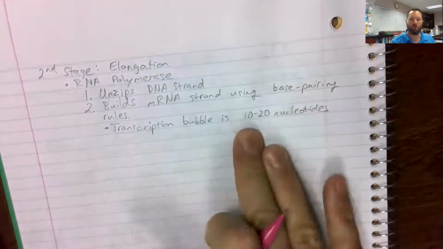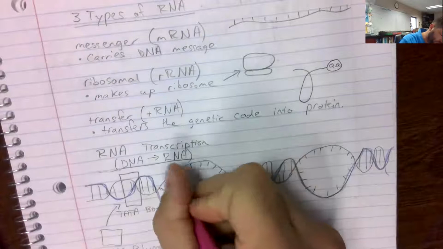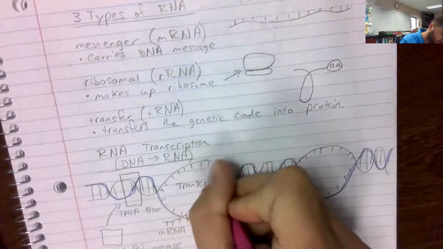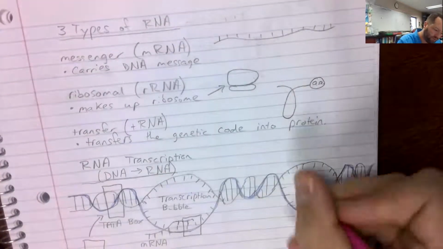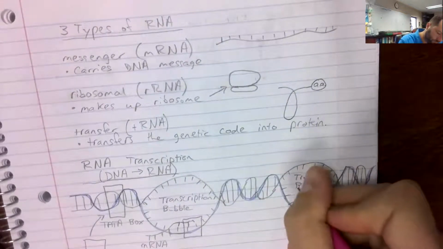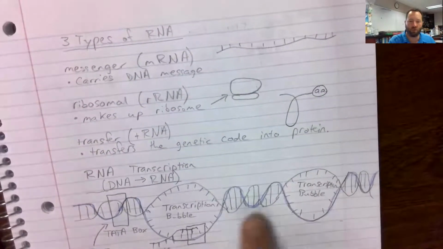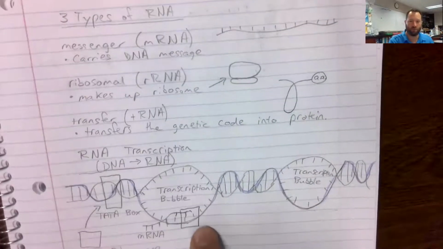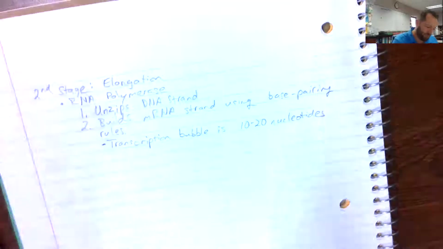The transcription bubble is going to be about 10 to 20 nucleotides long. And just so we're all aware, we've got this bump you notice here. This is a transcription bubble. Got another one over here. And these transcription bubbles are about 10 to 20 nucleotides long. So the RNA polymerase is unzipping the DNA, opening it up, copying the mRNA. Only about 10 to 20 nucleotides are exposed at a time. And then